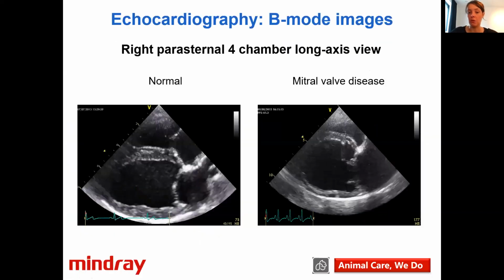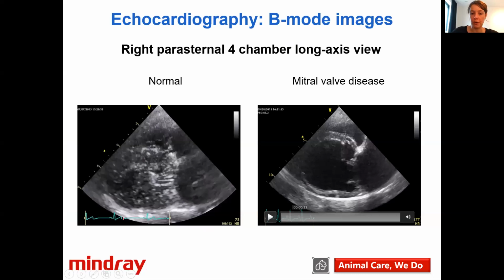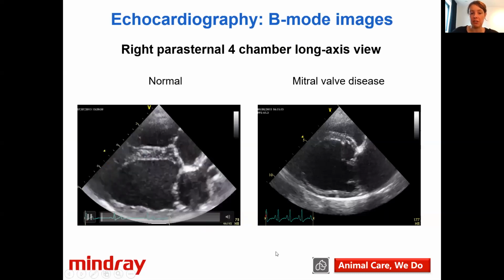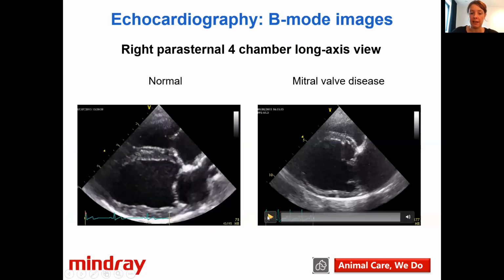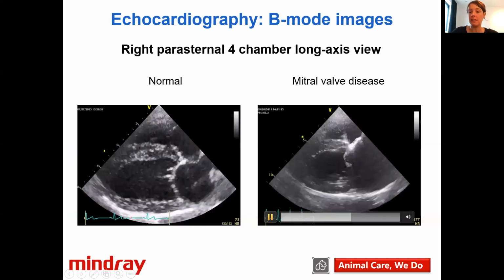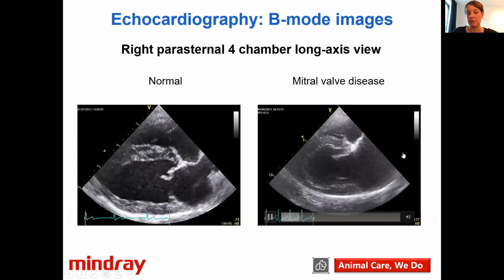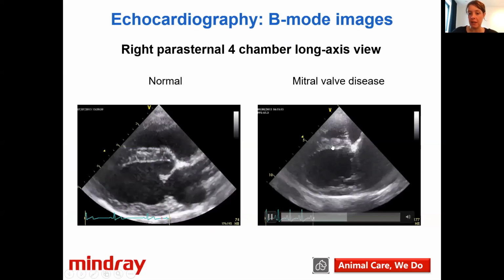I've included some to give you a first impression about what's normal and abnormal. So here again, you see a similar image as before. This is a normal canine heart. And here we see a heart of a dog with severe mitral valve disease. So we see that the left side is very big. There is a volume overload of the left ventricle. We see a